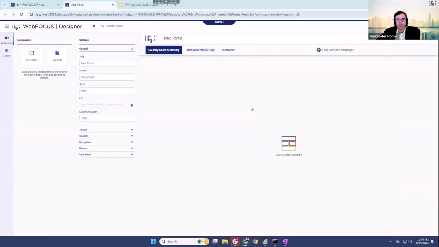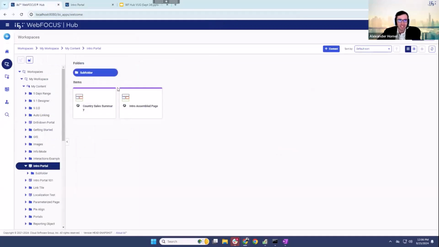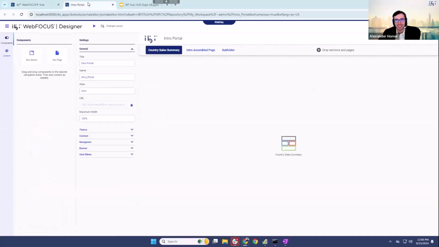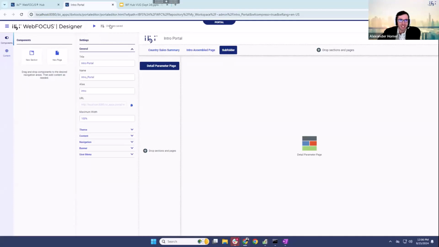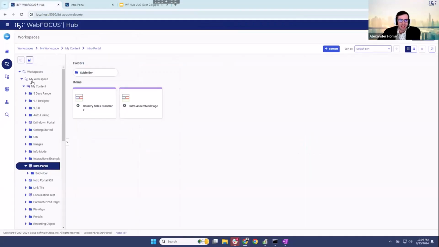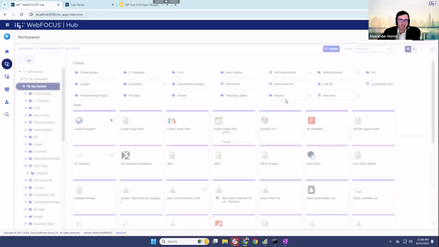For this one, we have this new portal editor, which I think is great. Those of you who have not used the 9.3 release yet might be familiar with the old folder navigation of the portal, like we can see here. So again, the portal is like a folder that has the ability to run it and has content in it. But we have this new portal editor that makes it very easy to edit your portals. And regardless of any change that I make, it saves immediately and is reflected in the